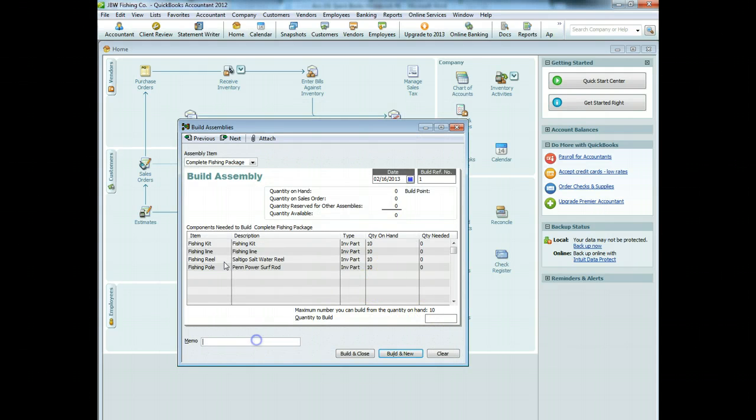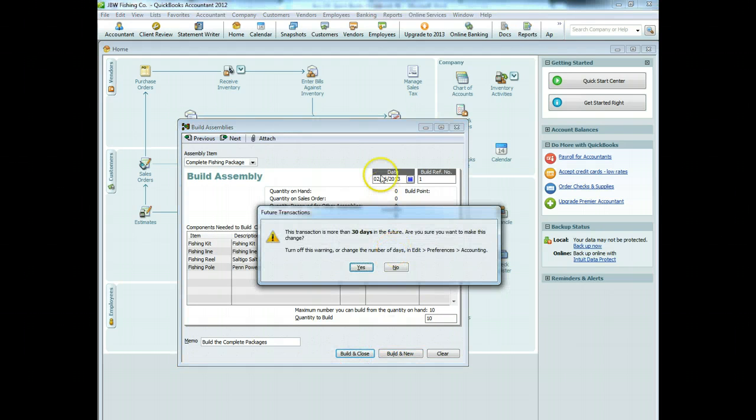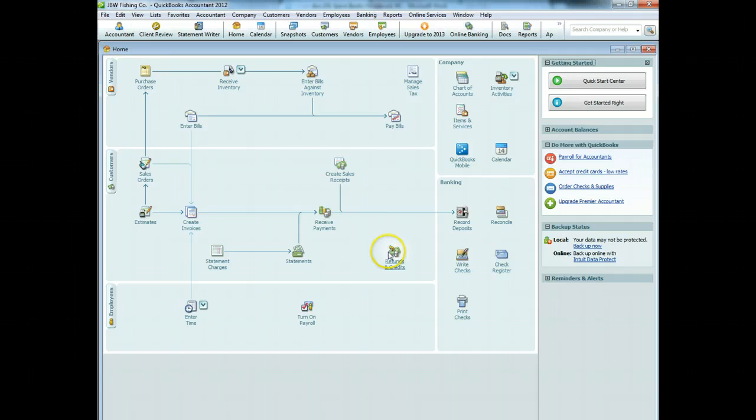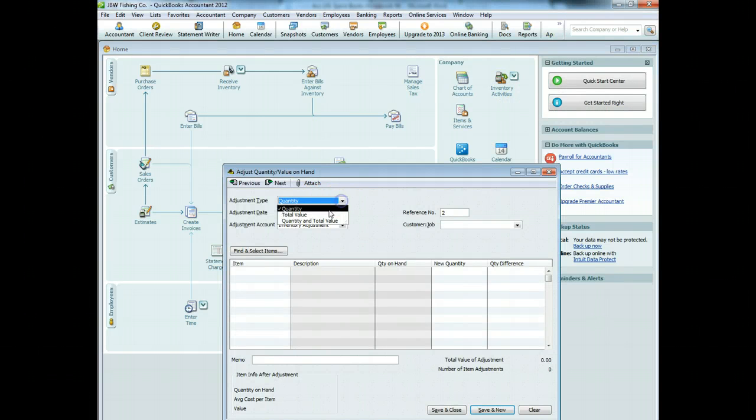And we're going to build the complete packages. And we're going to build 10 of them. Build and close on the 16th. Yes. Don't forget now that we have that $250 that we need to adjust. This time we're just adjusting the value,